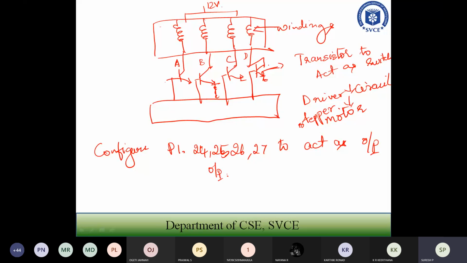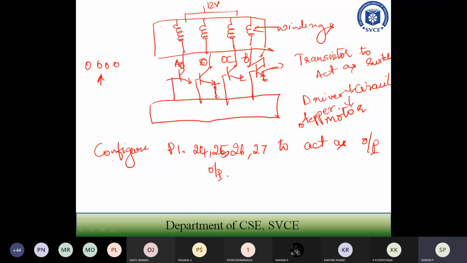Initially all the ports will be 0. Next, using the direction register, I have to enable this particular port to act as an output port. With the help of the direction register, I will make port 1 bits 24, 25, 26, 27 be used as output.